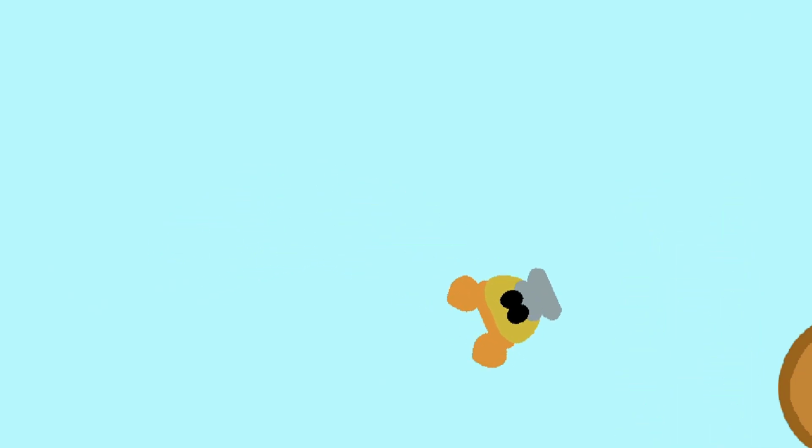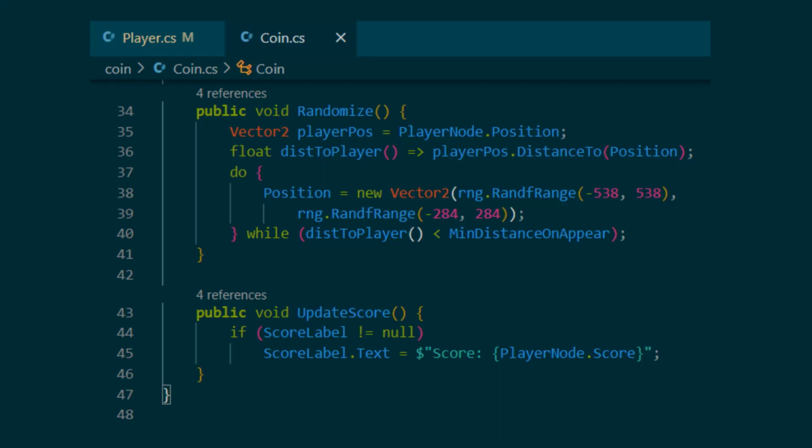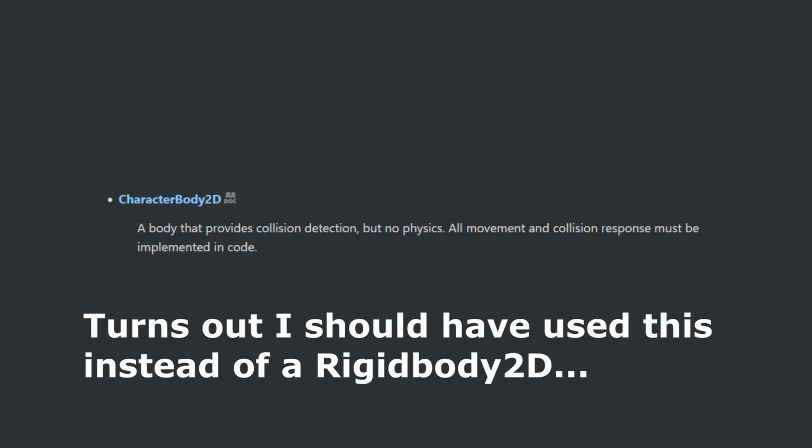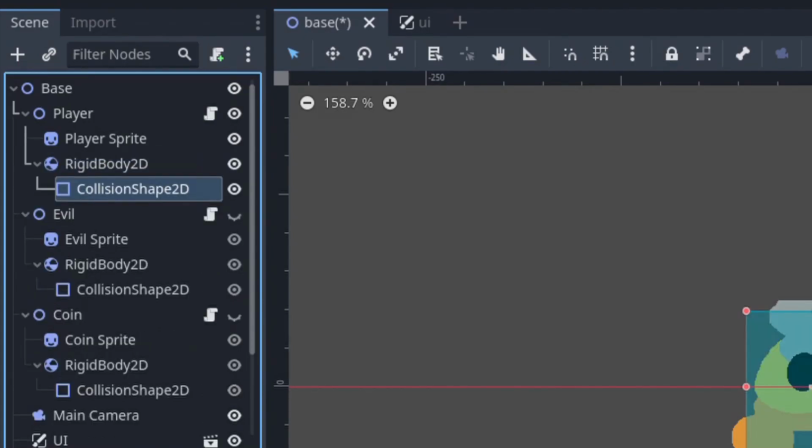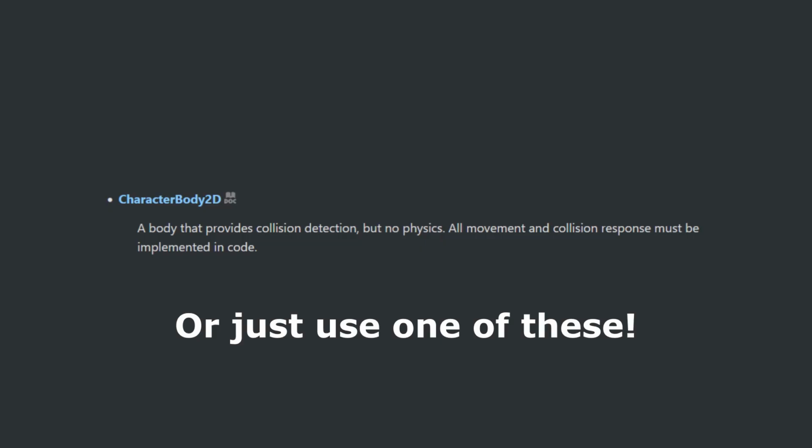Next up was the collision with the coin. Whenever the player touches the coin, it should move to a random position on the screen, a certain distance away from the player. Moving the coin was simple. The hard part was figuring out the collision. Basically, Godot has nodes called rigid body 2D and collision shape 2D, similar to Unity. To set up 2D collision on an existing node, just add a rigid body 2D on the node and a collision shape underneath that. Make sure to freeze the rigid body, if you're moving it manually like me, and enable